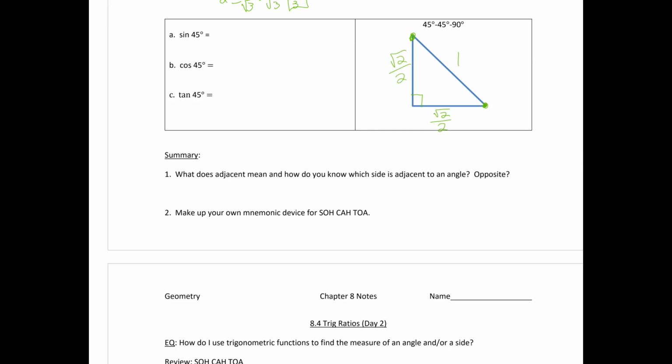If you have a question about how I came up with these side lengths, based on this hypotenuse being 1, that would be a good question for us to talk about in class, because we did cover this in the previous unit, and if you don't understand that, we need to get that under control before we keep moving forward in our trigonometry unit. Now, I want you to come up with these 3 trig functions and their ratios as part of your assignment for today. I also want you to complete these 2 questions here. What does adjacent mean? And how do you know which side is